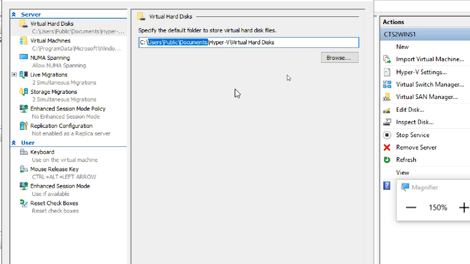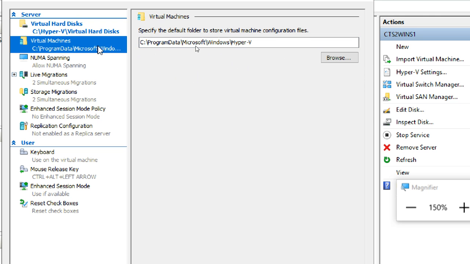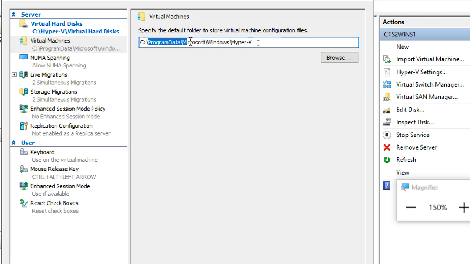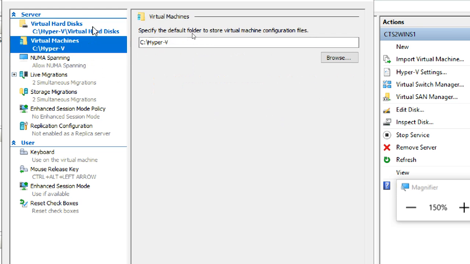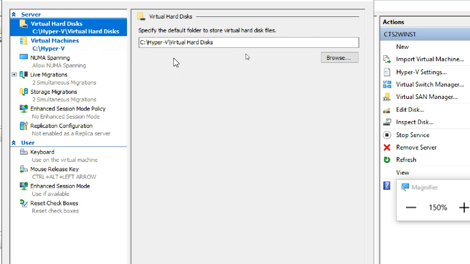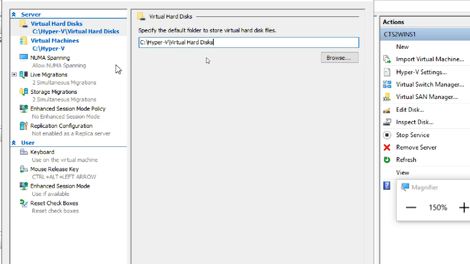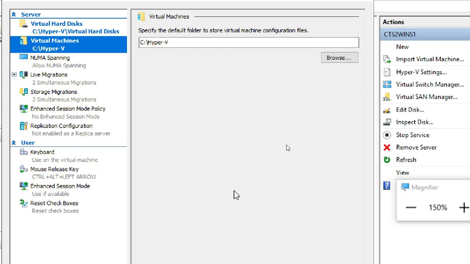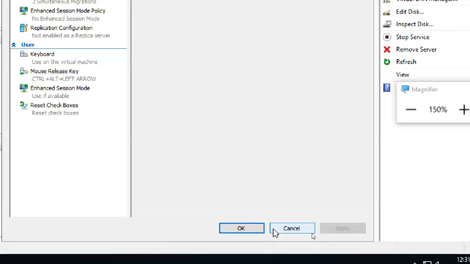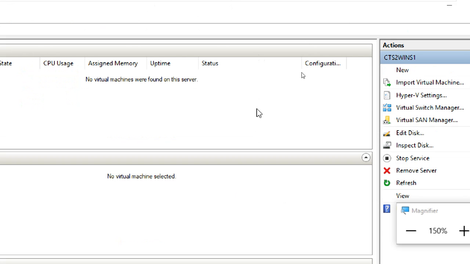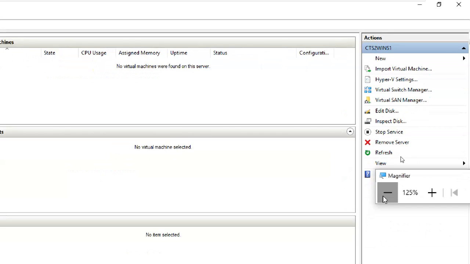So I'm changing the locations. Instead of a D drive, I put the C drive only, but in a Hyper-V folder, because we don't have any extra drives here. Otherwise, we can connect extra drives, no problem. We have a SCSI thing there, so we can do it like that. So I change the location. Instead of going to that big location, I'd rather use C drive Hyper-V for virtual hard disks, and C drive Hyper-V for virtual machines. Apply. Okay. Now I have done the change of settings. This is it.